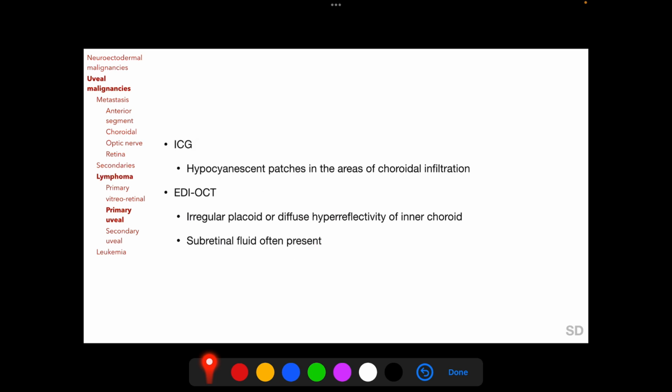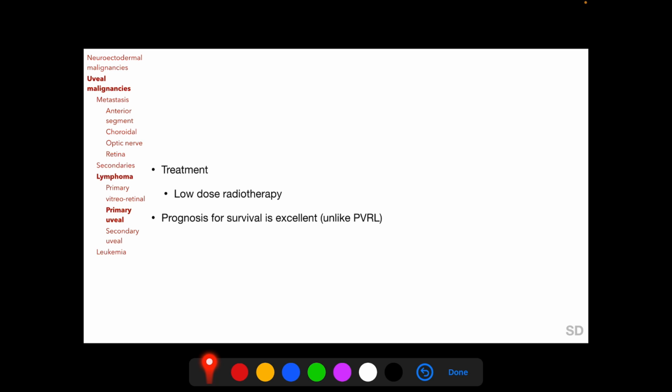Other tests which can be done include indocyanine green angiography, which shows hypocyanescent patches in the areas of choroidal infiltration, and optical coherence tomography, particularly the enhanced depth imaging mode, will show placoid or diffuse irregular hyperreflectivity of the inner choroid. Subretinal fluid, if present, will be detected by OCT. Primary uveal lymphoma is treated with low-dose radiotherapy, and prognosis for survival is excellent, unlike in primary vitreoretinal lymphoma as